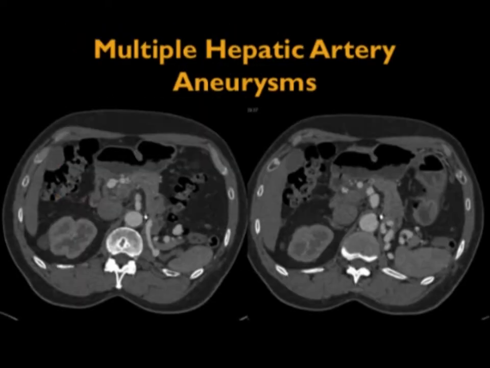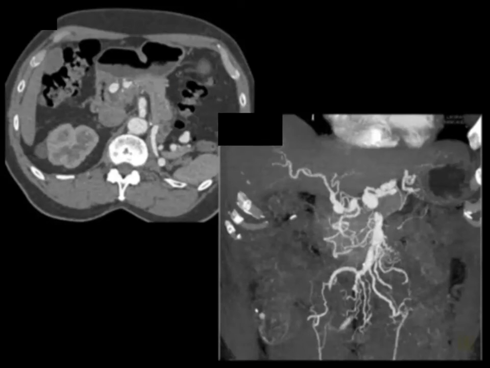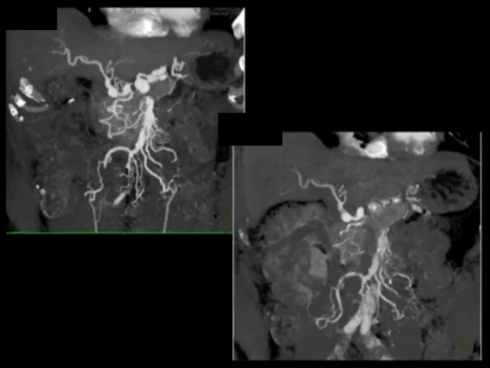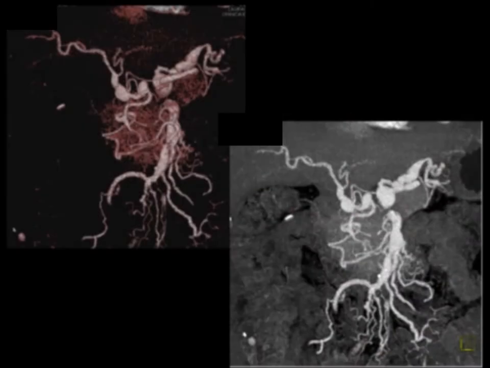Sometimes patients will have multiple aneurysms, and here's a good example of hepatic artery aneurysms that are multiple. We can see this at times with vasculitis. Ehlers-Danlos syndrome is one of the good causes of this, and in fact, this patient has Ehlers-Danlos syndrome with multiple hepatic artery aneurysms. We've seen this also with vasculitis, and very, very nice example. In this case, you also see a dilated SMA, which goes along with the Ehlers-Danlos syndrome. And here's just a couple more 3D images with volume rendering and with MIP showing you the findings.